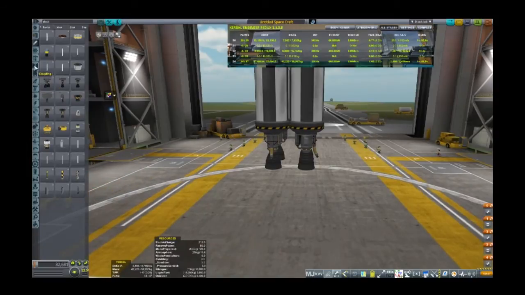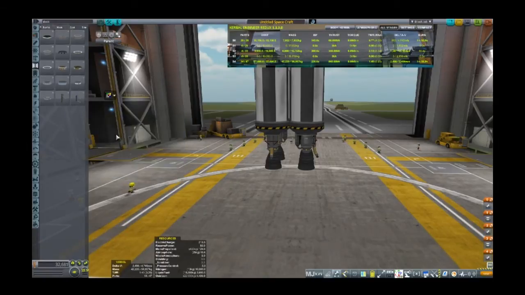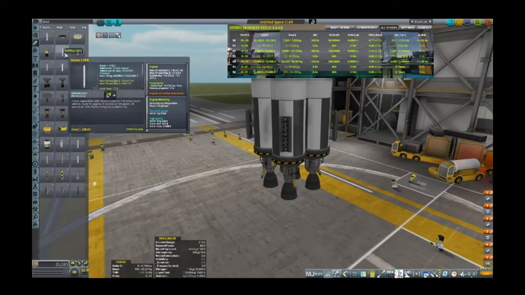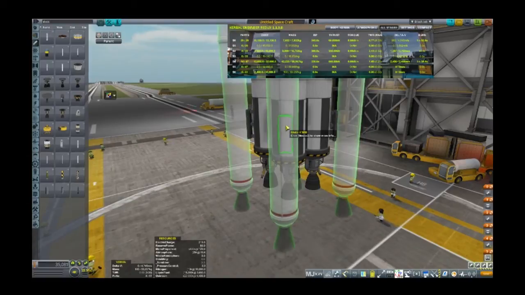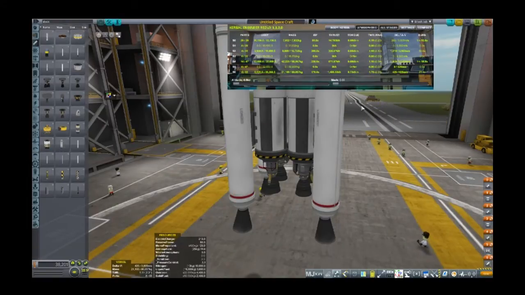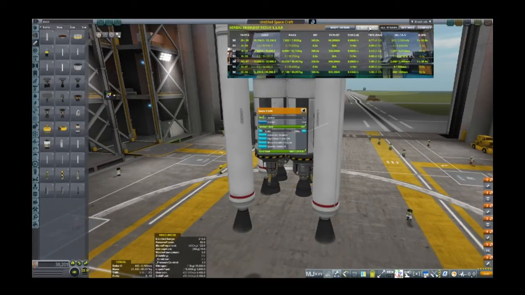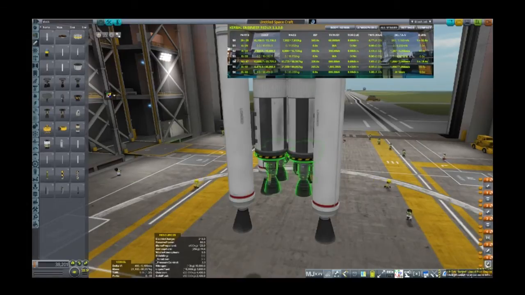It's going to be fairly weak on takeoff. So what we might do is throw... okay, great. So that'll give us an extra 400 delta V. So that will give us